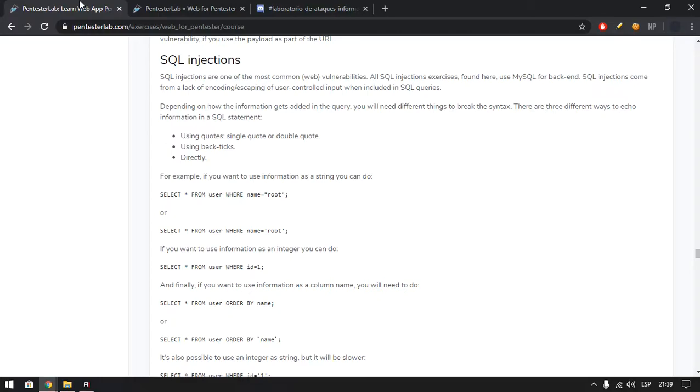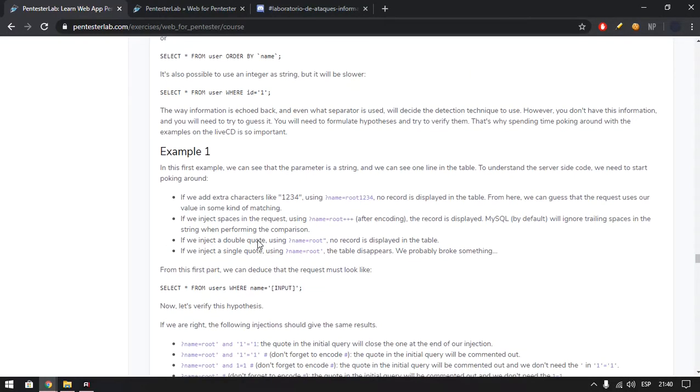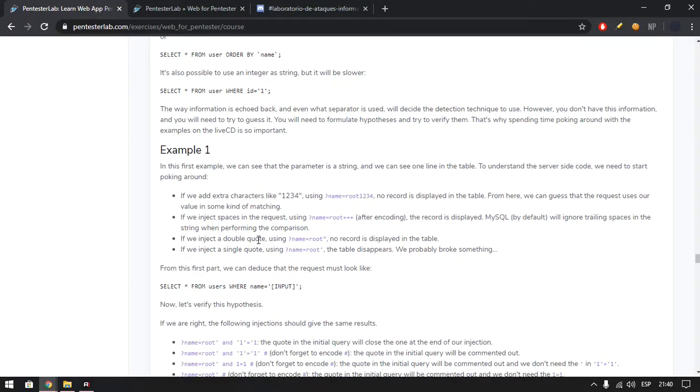Depending on how the information gets added in the query, you will need different things to break the syntax. There are different ways to echo information in an SQL statement: using single quotes or double quotes, using backticks, and directly. So now let's do the examples. Example number 1. In this first example, we can see that the parameter is a string, and we can see